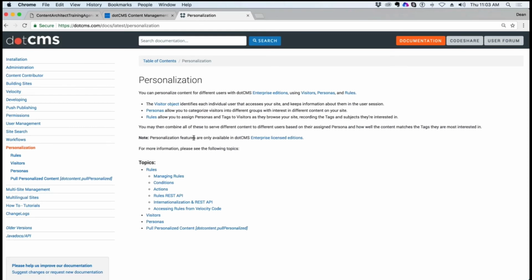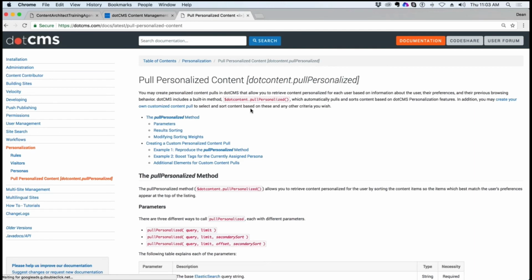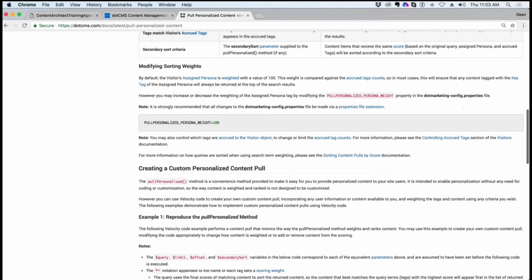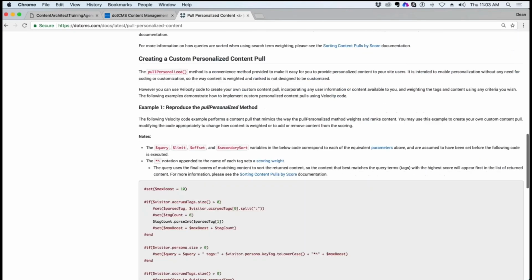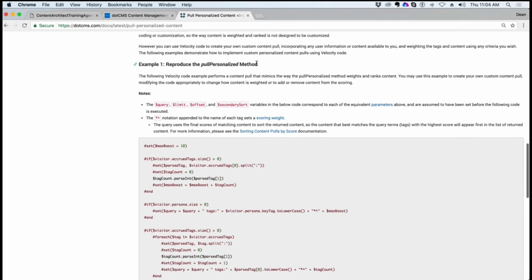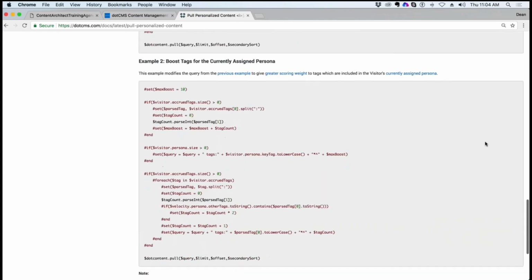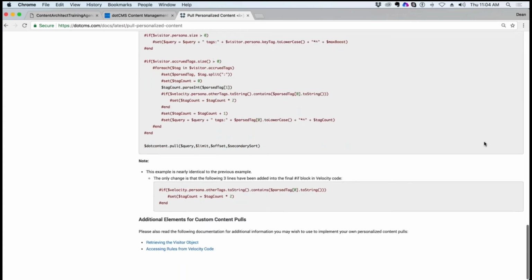Whenever it comes to the documentation, we'll be looking at in the web developer how to pull these things. And we have a .content.pull personalize, which takes the weighted tags and pulls the most weighted tags to the top. The pull personalized weight is a configuration, so you could change that if you want and change the weight of things that are pulled personalized. We even document here how you can, instead of just doing the .content.pull personalized, write your own code to simulate the way that pulls using the weighted priority on queries of our database. So you use the boosting here to query the database manually, or you could use our pull personalized tool and the weight